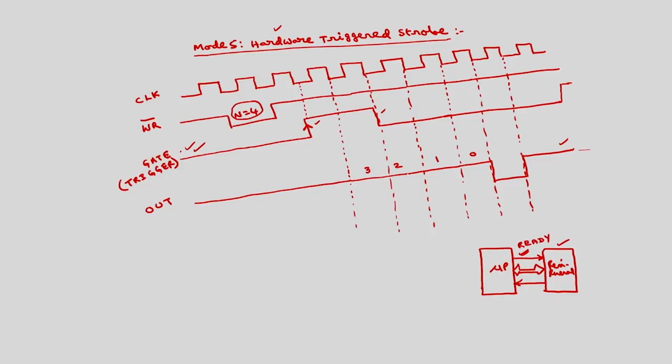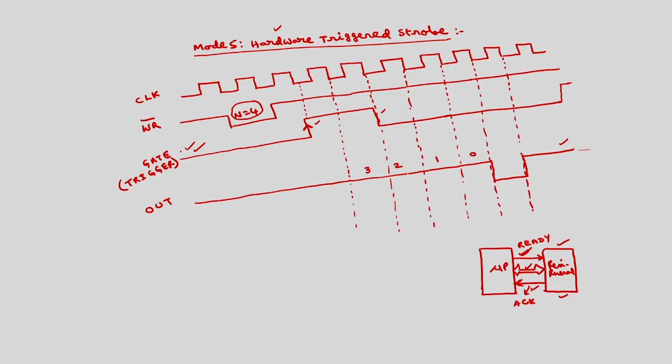because normally the peripheral is a slow device. Whenever the peripheral is ready, it will send the acknowledgement through this one, acknowledgement signal, that data is ready. After that the data transfer will take place. Before the actual data transfer, the signals are exchanged. So these two signals, this signal and this signal, are called handshaking signals. Why the name handshaking is,